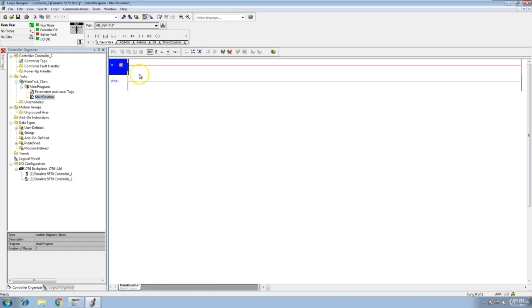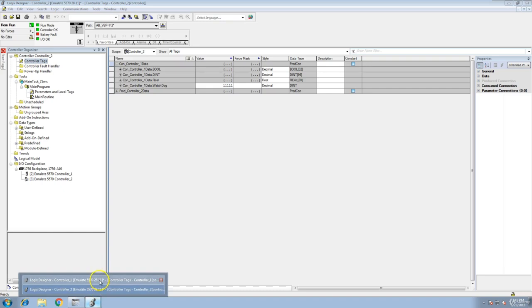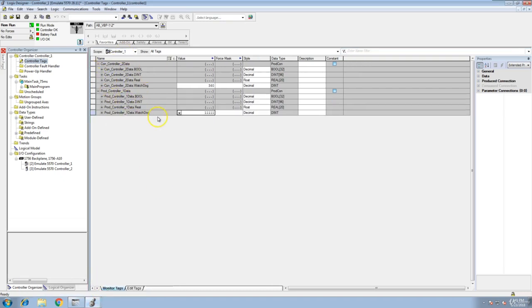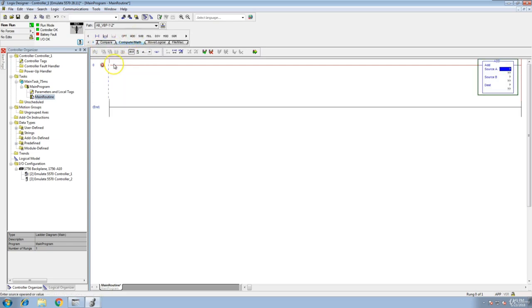So first and foremost, now that we have our data in there, let's go to controller 1. The produced data that we're sending over this WatchDog, we're basically going to copy that, and then go to our first rung. In our first rung, we're just going to do an add feature, just a mathematical add. And then we'll say this plus 1